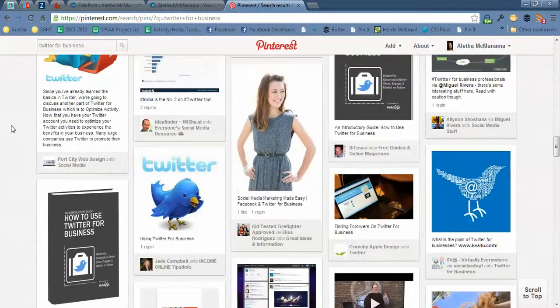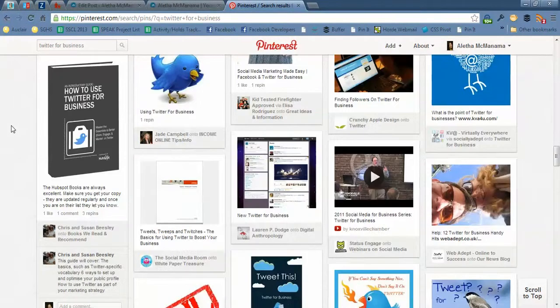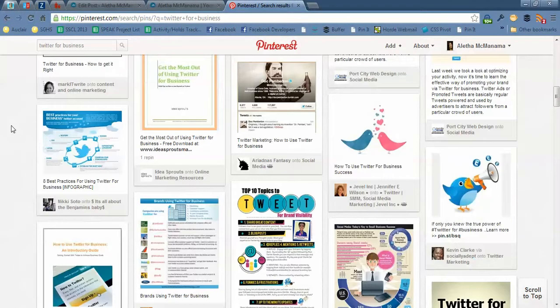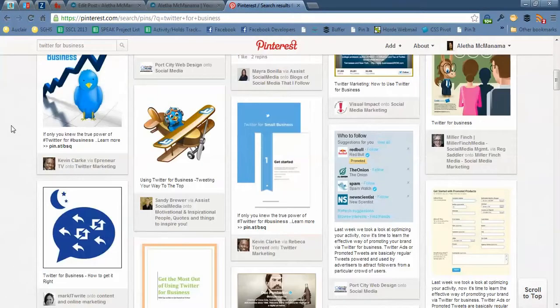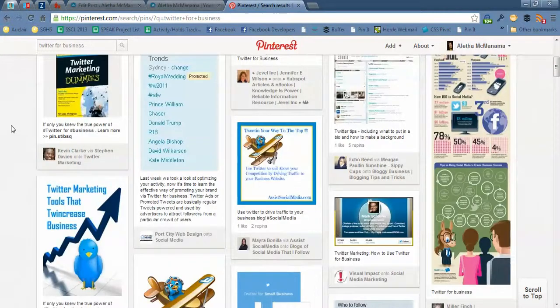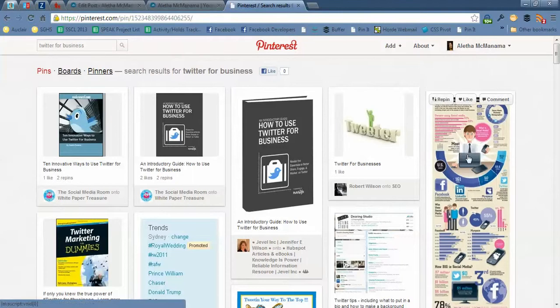This could certainly get bigger and bigger as Pinterest continues to grow. I like this fact that if you're wanting to search for something specific, you can do that through Google. But because now you have the ability to search for these types of topics because somebody has pinned it as an image, and it's appealing because a lot of these things now, you'll notice, for instance, this one right here, and I'm just going to open that up so you can see that a little bit better,